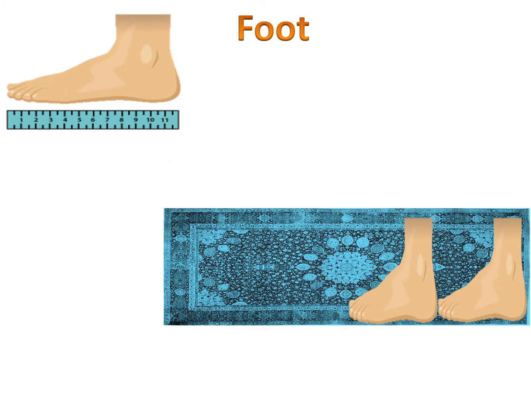Foot. Foot is the measurement of length of 1 foot. You put your foot on the place you want to measure. That length from the heel to the toe is 1 foot. Place the other leg in front of the toe and that will be your second foot. That's how we measure the area of our room or the ground or the place where we have to stand.